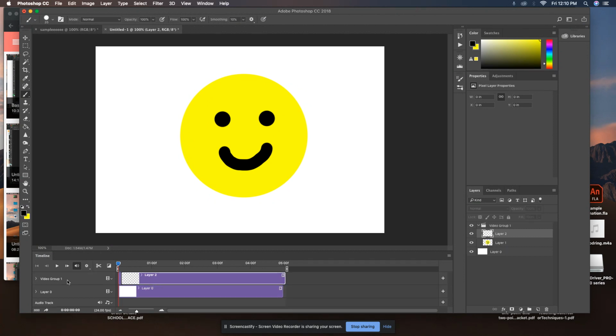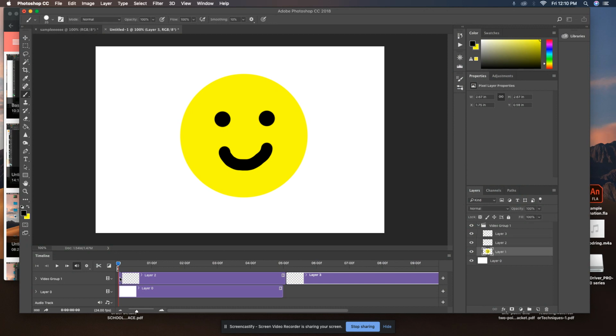And now we are in a video group. And that's helpful because now every time we add a new layer, it will always be in that video group. The one frustrating part about this, though, is as we can tell, the first layer I did of 2 frames is a lot shorter than this. And unfortunately, there's no real way of fixing that. We just have to literally shorten it every single time we add a new layer. So it's a little annoying, but